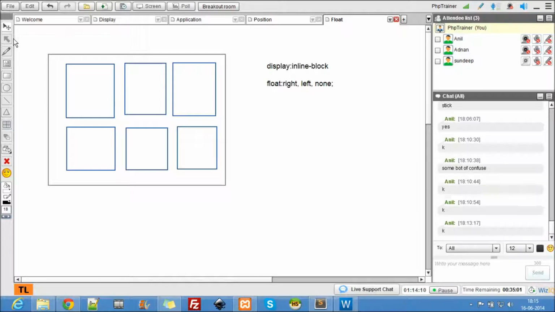Here is the layout. So this is the layout, let's assume.